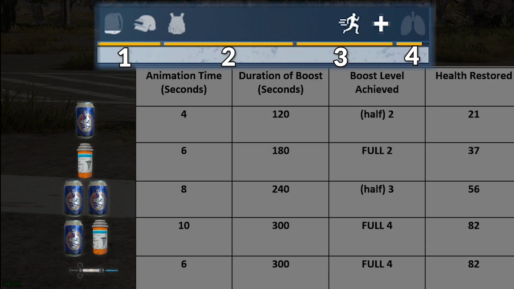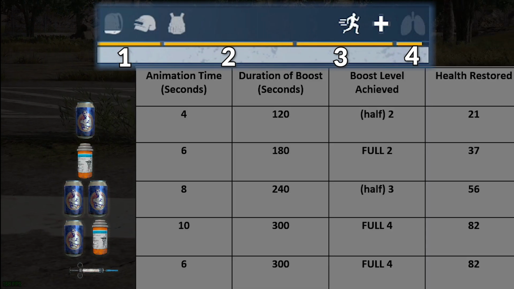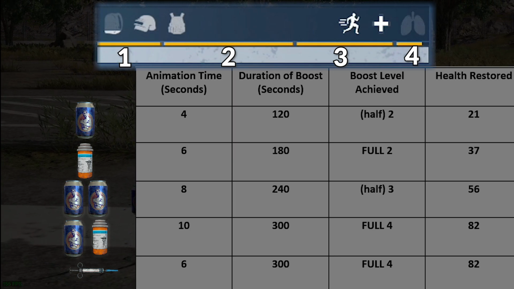So to help with that, I've made this nice little cheat sheet you can screenshot to refer back to, and it'll give you a better idea of what boost you should use and when, and why maybe some combinations are better than others. All right, now this chart's pretty self-explanatory, but there's 2 key points I want to make sure